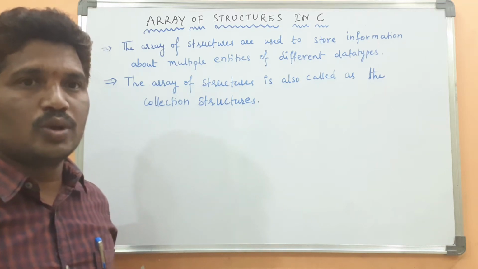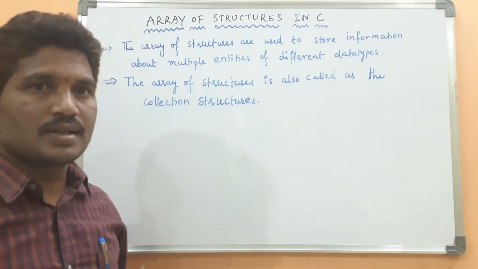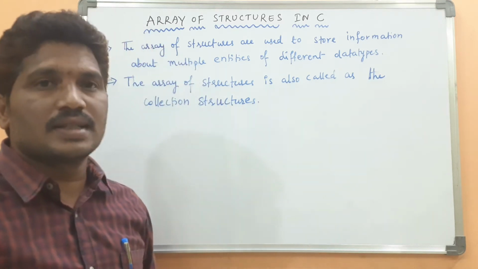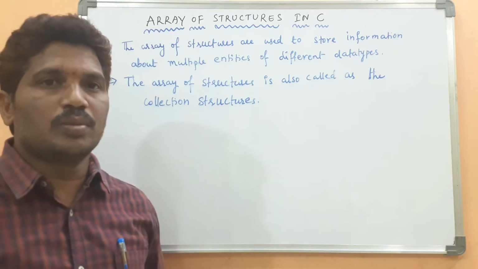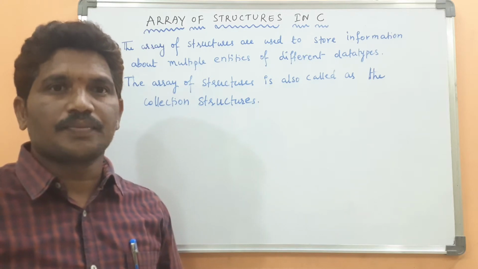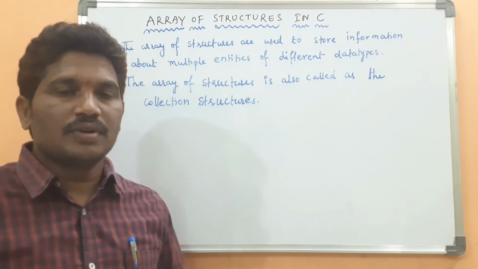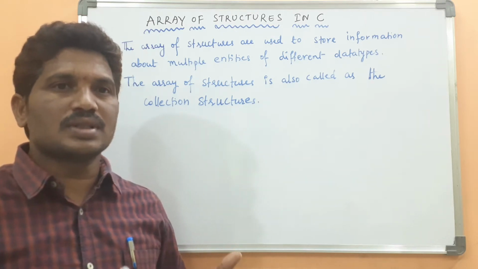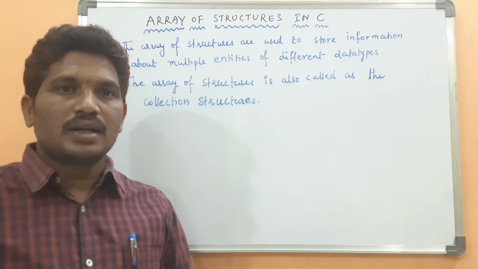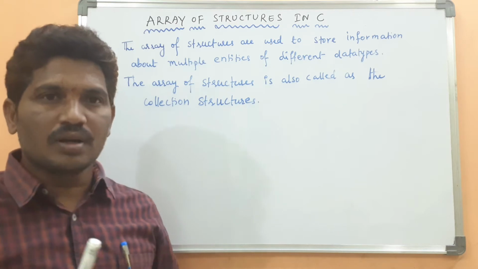Today's class, I am going to explain about array of structures in C program. In the last class I explained about nested structures, and also how the typedef keyword can be used with structures. What is the use of typedef? You use it to create a new type for an existing type, because it can be used to provide an alias name for the existing data type. That is the use of the typedef keyword. We had a discussion on it in the previous class.